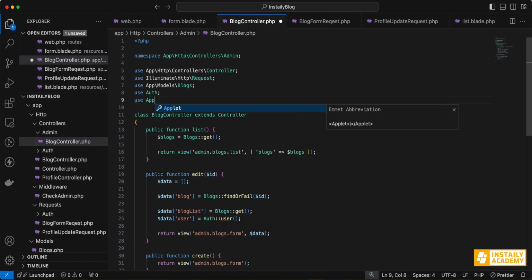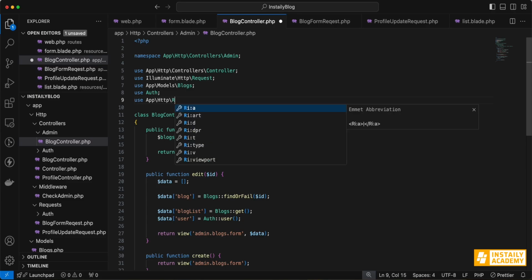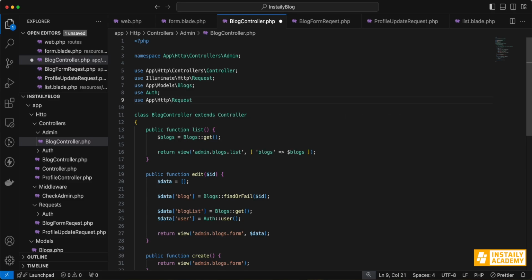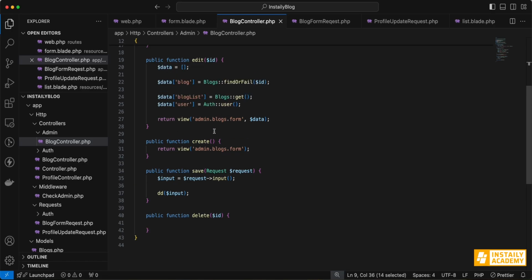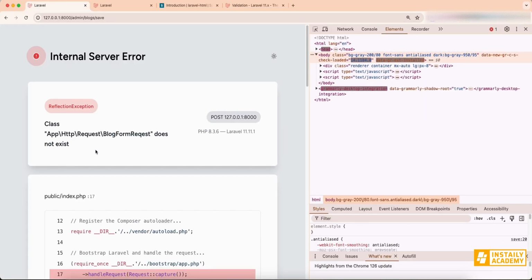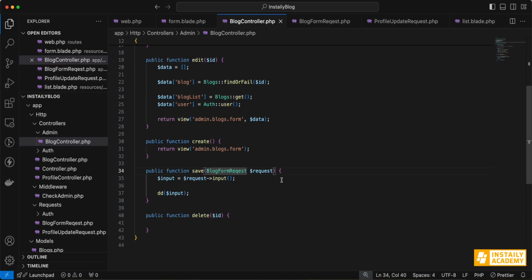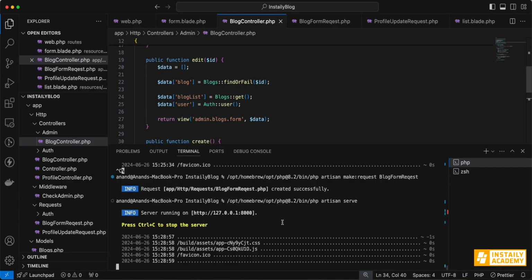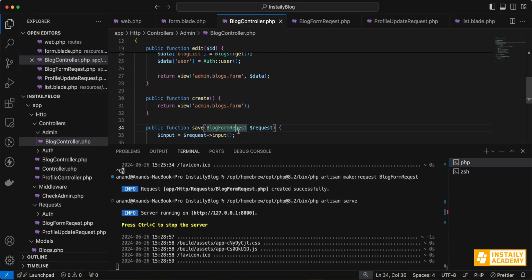For using this, we have to import it using App\Http\Requests, and instead of the normal request we have to use this one. Okay. Now if I submit a blank form,